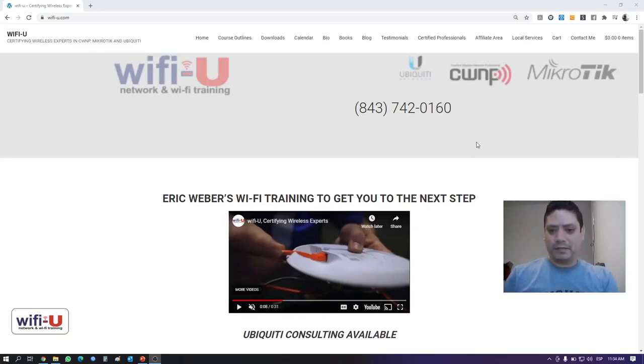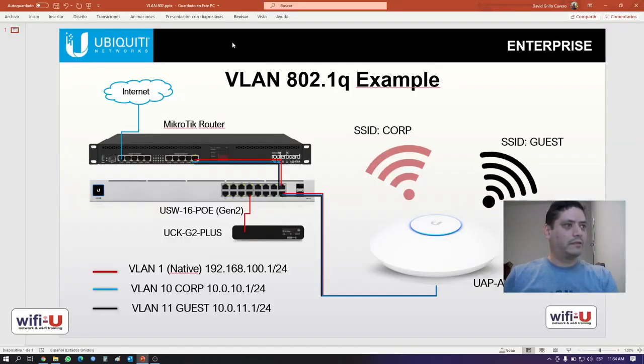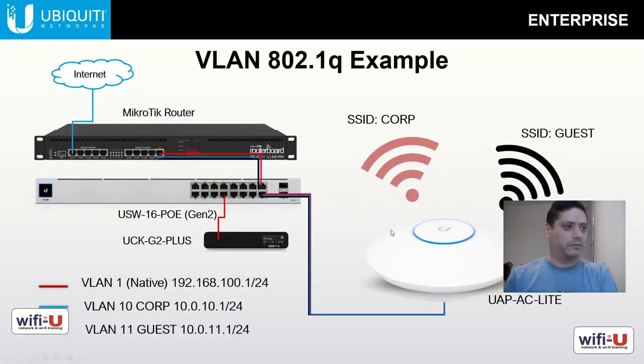Okay, so let's start with this video, and before I start with the configuration, I just wanted to show you exactly what we're going to do. So this is an example of what I'm going to create today in the configuration. We have a MikroTik router. I'm going to do this example with a MikroTik router. This is going to be my different router in this setting. So let's say this site has a MikroTik router, and I have to create a UniFi Wi-Fi network